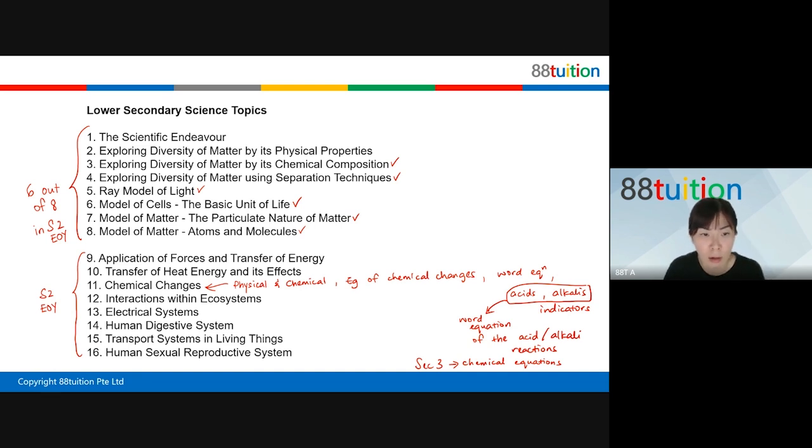My daughter just finished her O level also on Monday. Yeah, stressful, she said. How many of you now, tell me, type into the chat, how many of you are thinking of doing triple pure science? I asked this question to all the students at the beginning of Sec 2 also. So you need to think about this now.